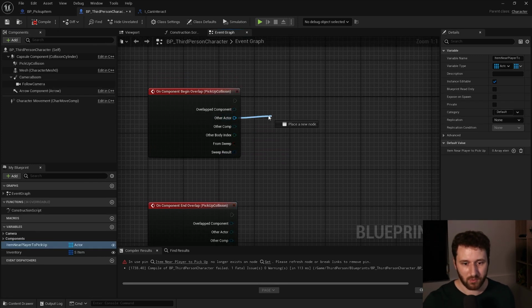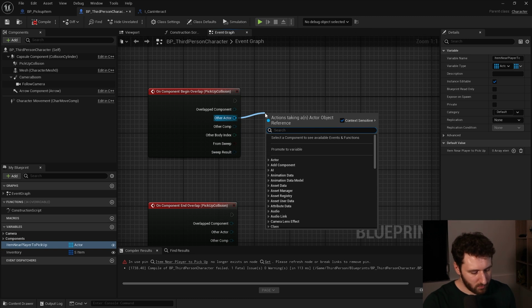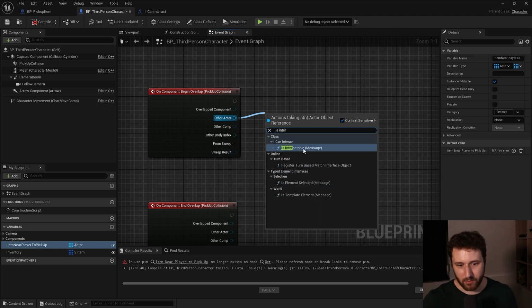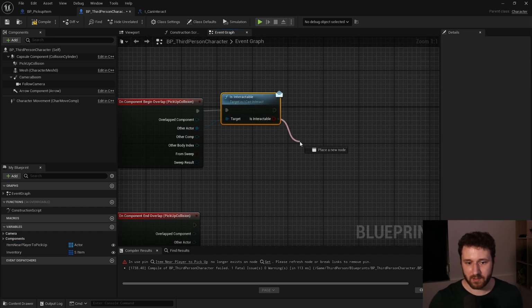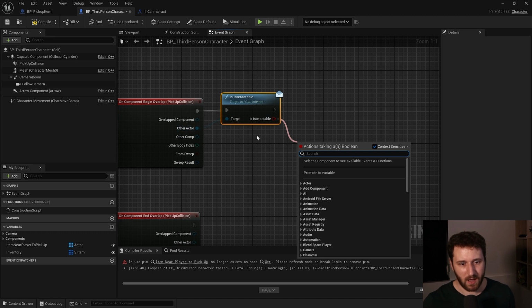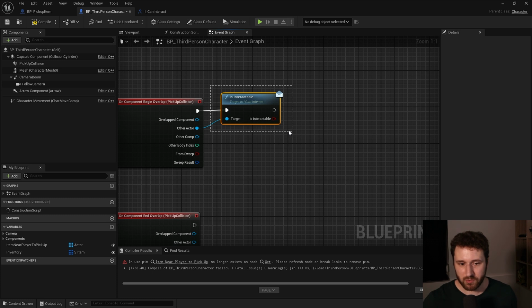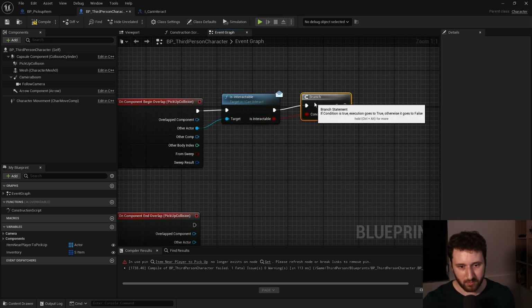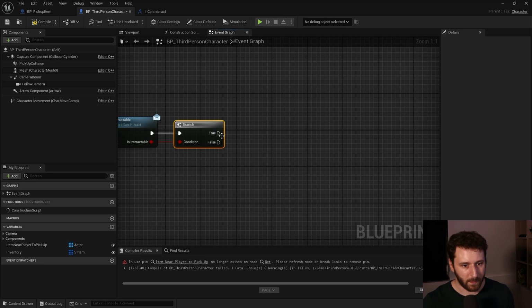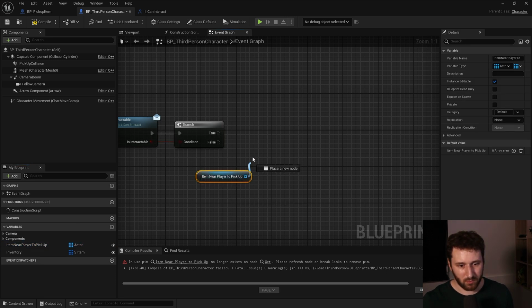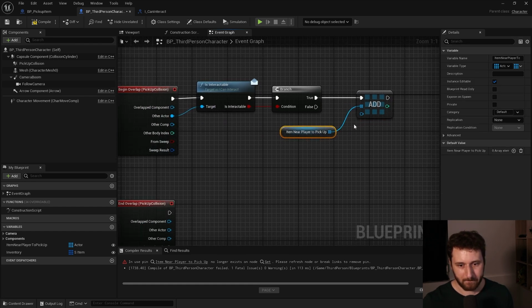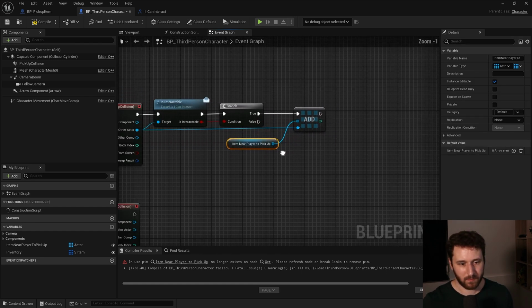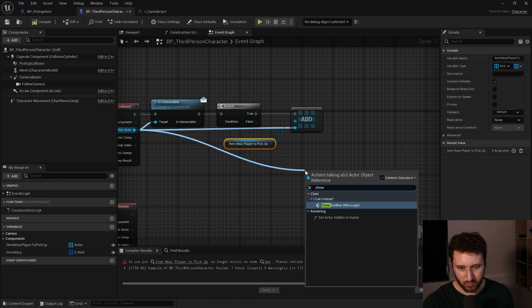So by using this other actor, we can do is interactable. And we need to use this is interactable message. So if this other actor has the can interact interface, it's going to call this function, and then we will get the result of this. So we can just add a boolean. If it's true, we will need to add this to our array, like that. And then we need to call the show outline,